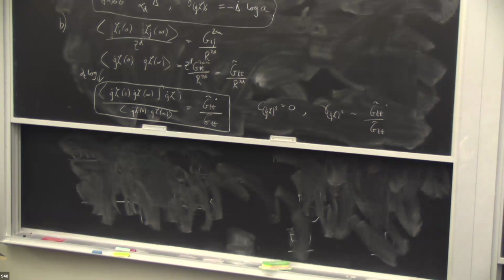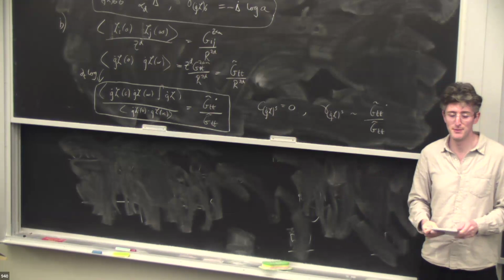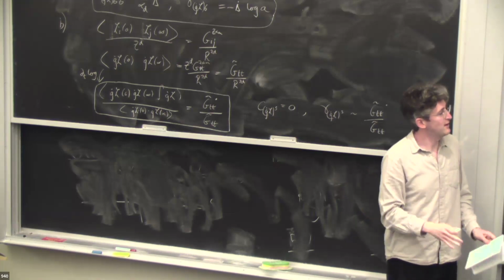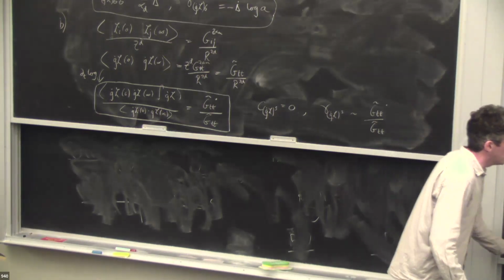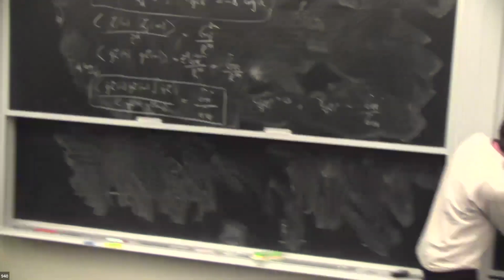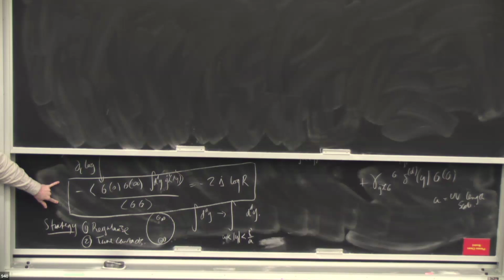It's not the lightest unprotected scalar yet. It's just the lightest scalar. But I also know how to make this generalization. I'm not doing a sum over states. Over scalar dimension is just the lightest one. So we had this quantity. I hope I didn't erase it. Yeah, this thing. This is the first derivative of the 2-point function of O.